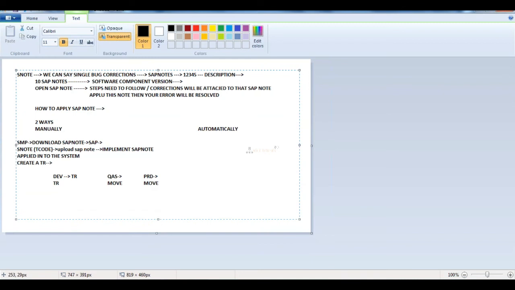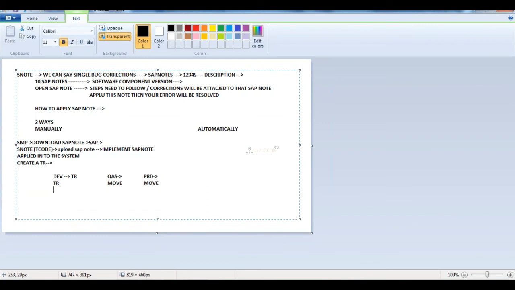For example, I have some components installed in my SAP system. What are the components? SAP Basis component, ABAP component, SAP HR, EAHR, ST-PI, PI Basis, SAP APPL. These are the different components we have installed in our system. Take SAP_HR, for example.